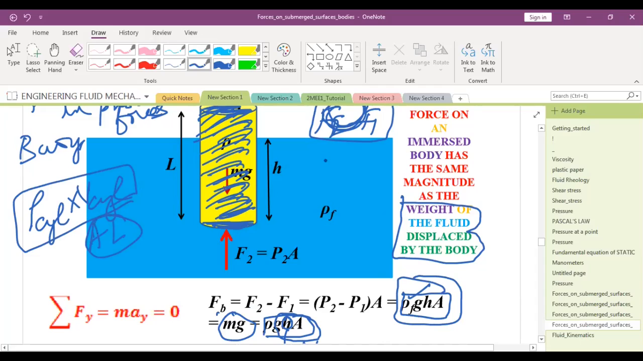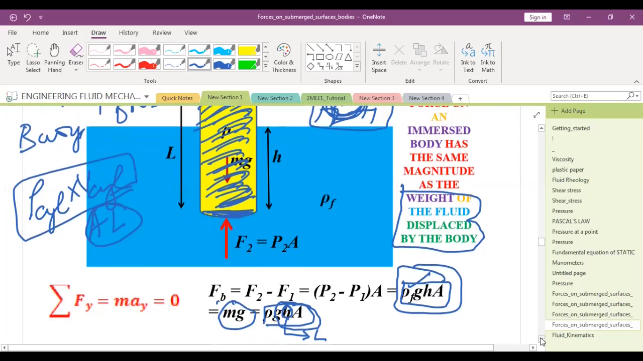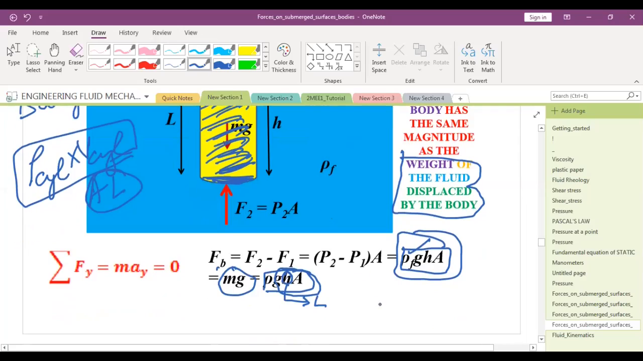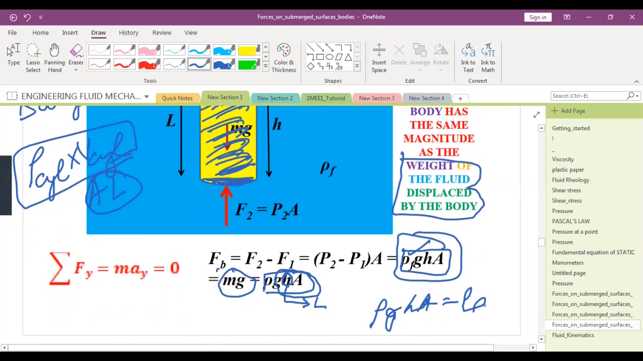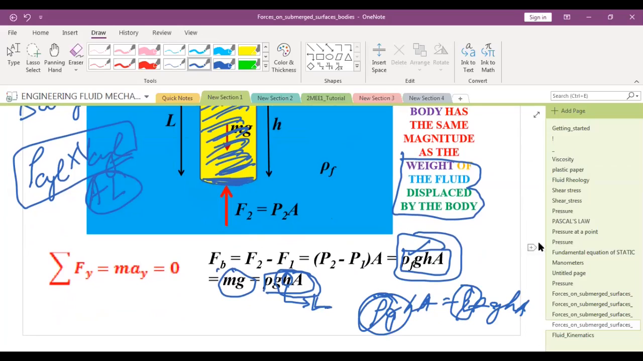और वो बैलेंस किसको कर रही है? रो जी एच ए को, mg को। जो आप बात कह रहे हो, मान लो फिर तो ये होता रो जी एच ए इज इक्वल टू रो फ्लूइड जी एच ए। तो इसका मतलब तो ये होगा कि रो फ्लूइड इज इक्वल टू रो ऑफ सिलेंडर। ऐसे तो है नहीं। यस सर, ठीक है ना? So this should have been L because this is the volume of the cylinder, because you want to calculate the mass of the cylinder. यस सर, ठीक।